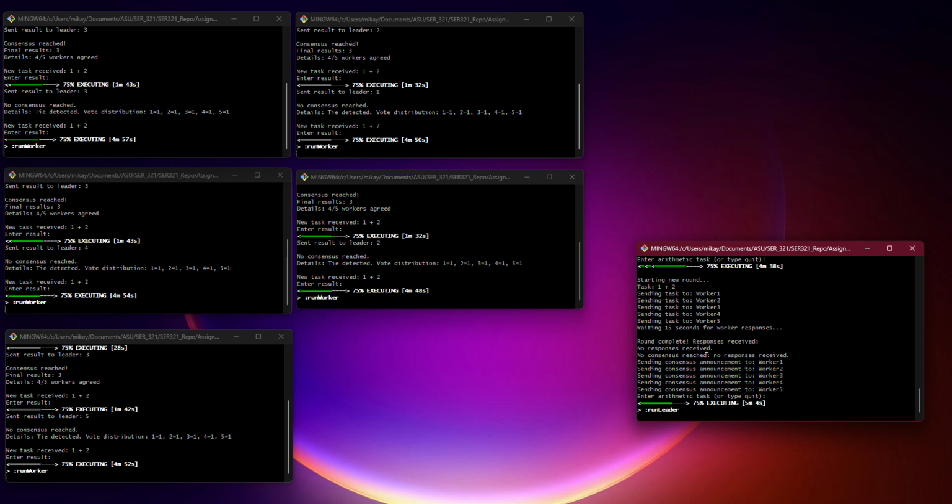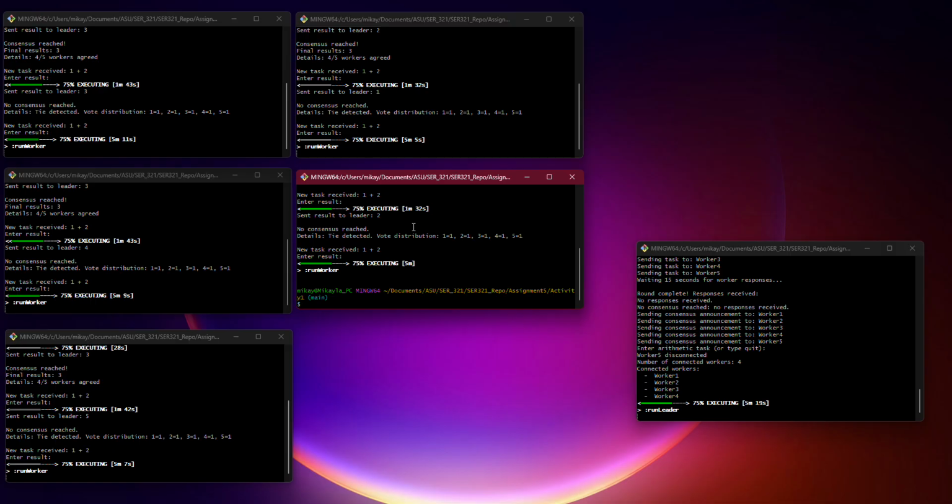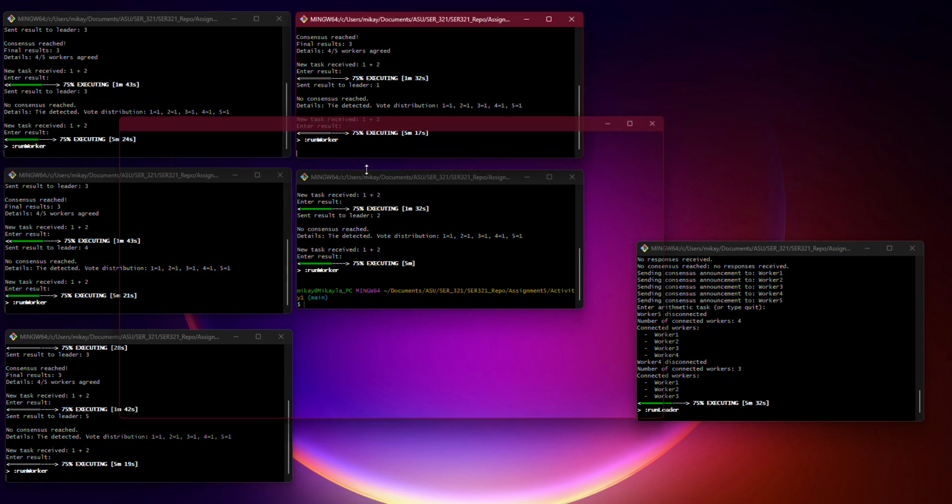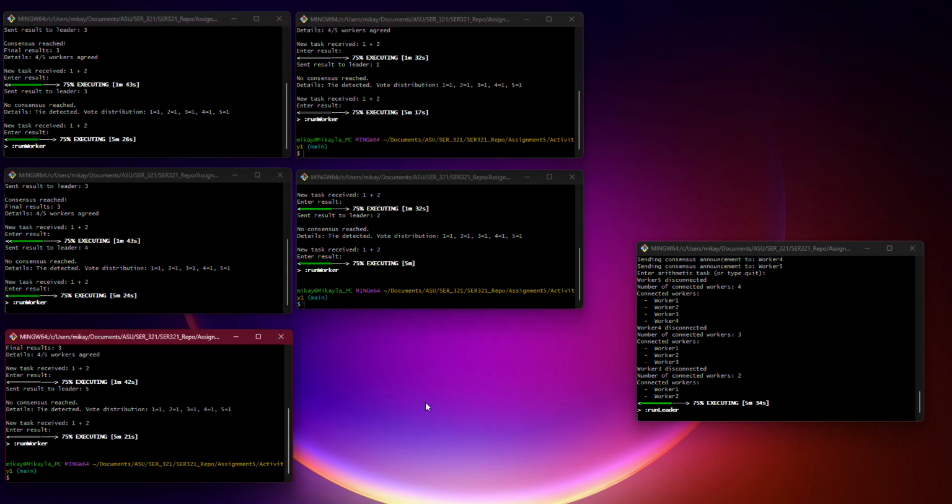Making sure. Oh, you can also see we can lose one of these workers. So if I close this worker right here, it has been turned off. We have lost, I think this is worker 5. Yep, you can see that worker 5 disconnected, number of connected workers is 4, and these are all my connected workers. And you can see that it still keeps running. Again, I can close another one, and then another one, and then once I do this, on this side, you can see that if I close the leader,